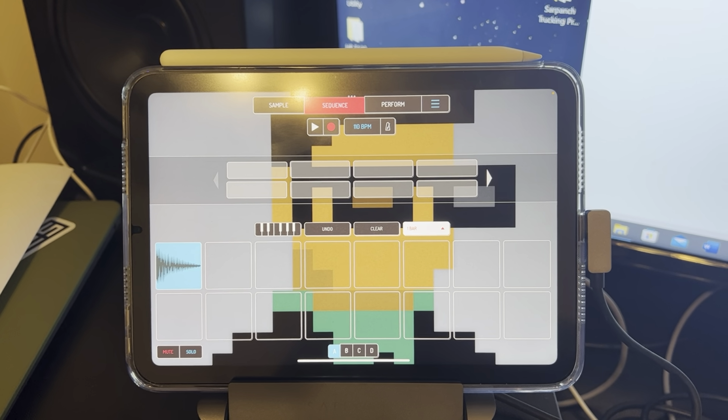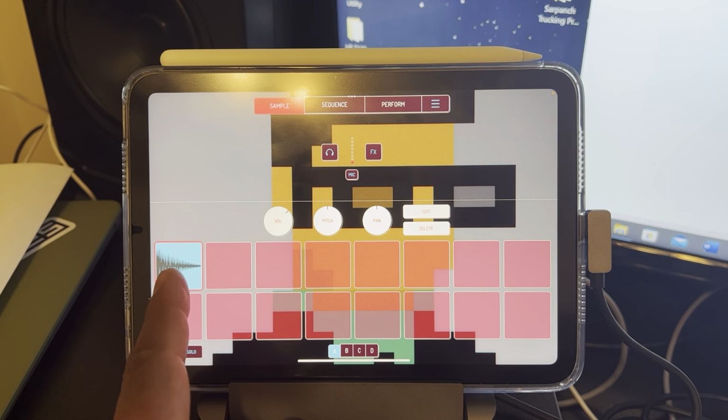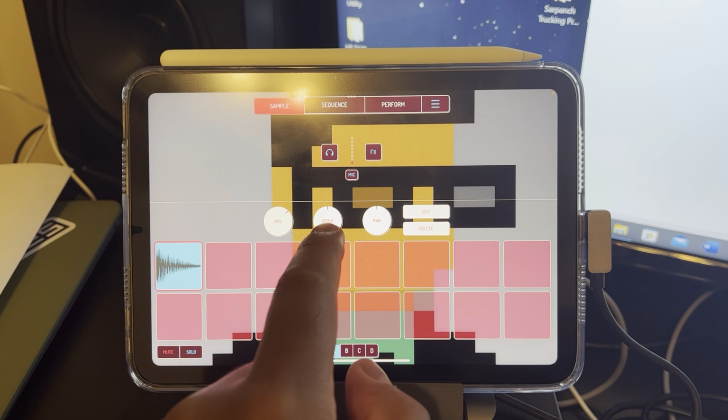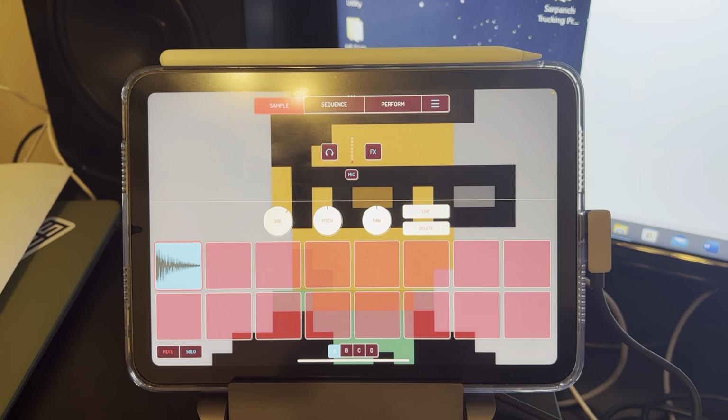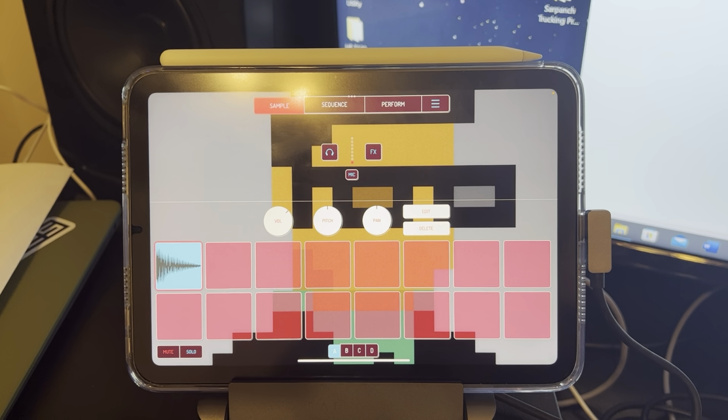So some people may struggle with trying to pitch a sample, because in Koala you would technically, like this sample is in C, I would need to pitch it back, right? Or forward, depending on which key I'm trying to get it to. And I just dropped something. All right. So the simple way to do this,